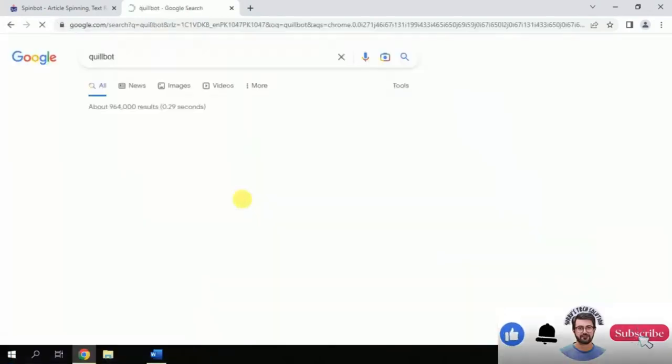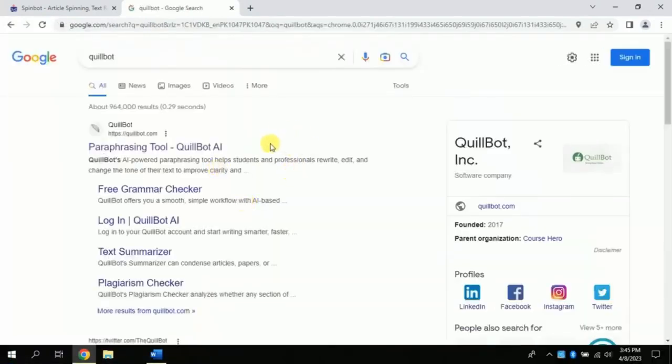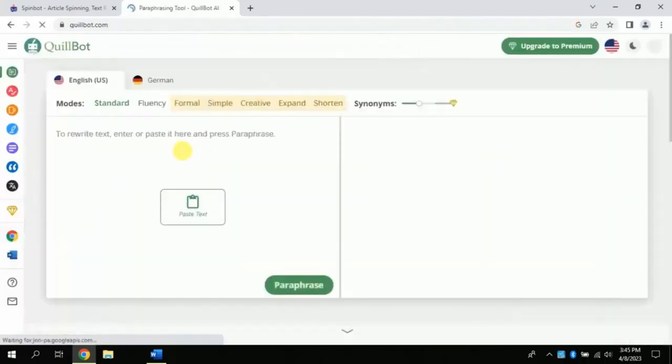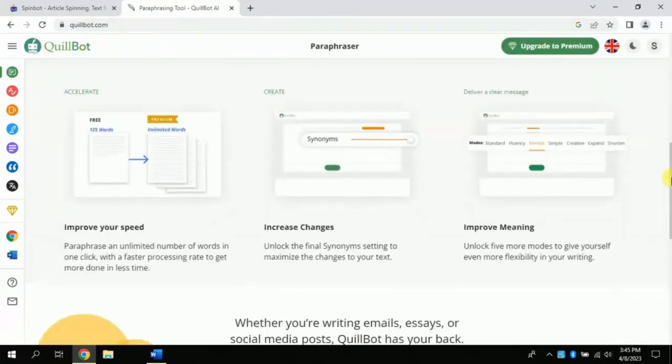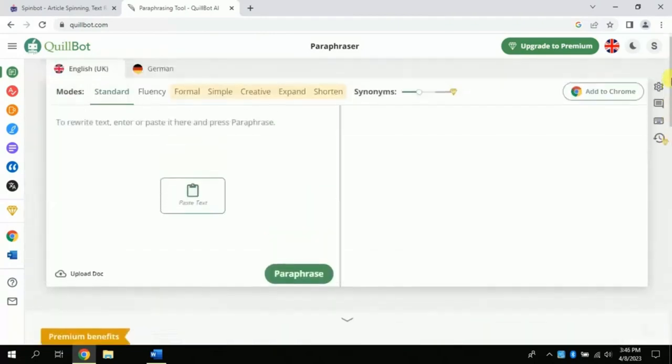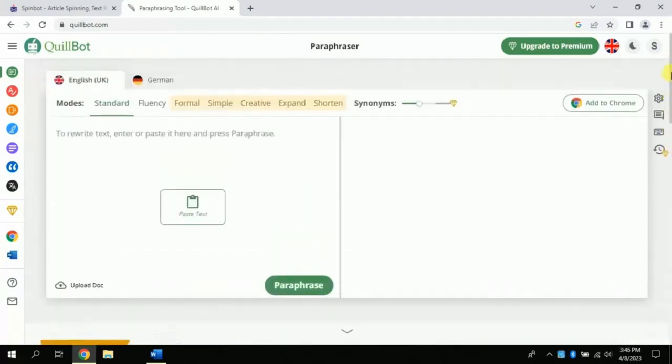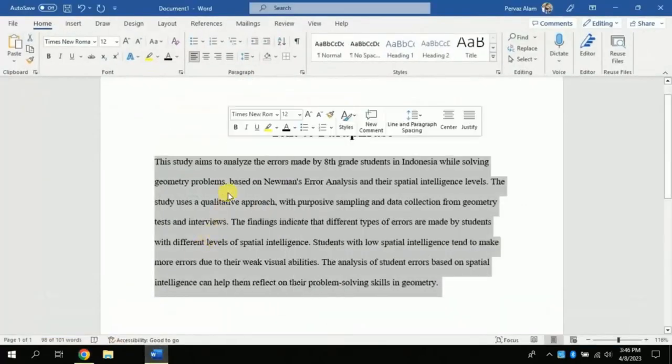This is the second most used AI for paraphrasing. Click the first link and this will land you on this official page. See this the main interface of the official page of Quillbot. The process is same as discussed for the previous AI tool. Open your file, copy the text.